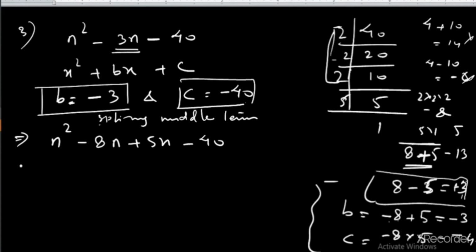So it will give you further 4 terms. Make the pairs, group them. Two groups are now there. Now find the commons out of it. Here two n's are there, it means n you can take out common, and what is remaining is n minus 8, right? n minus 8.